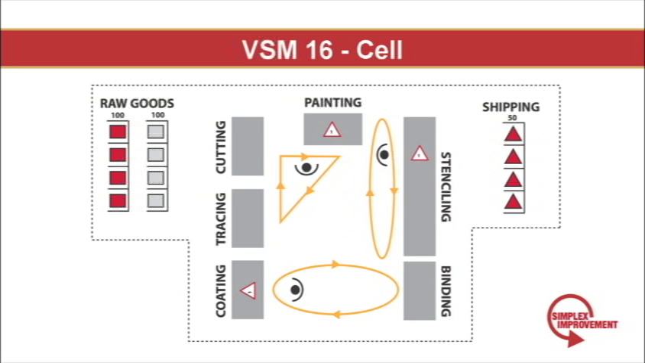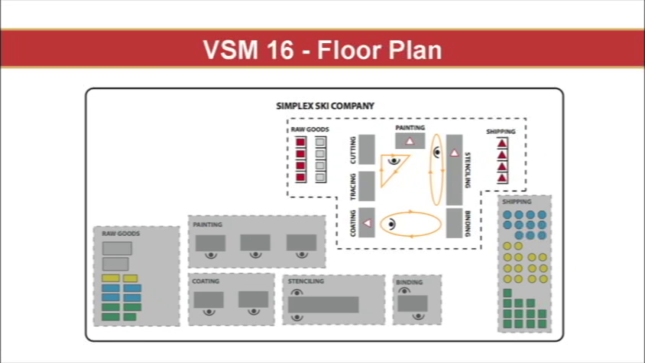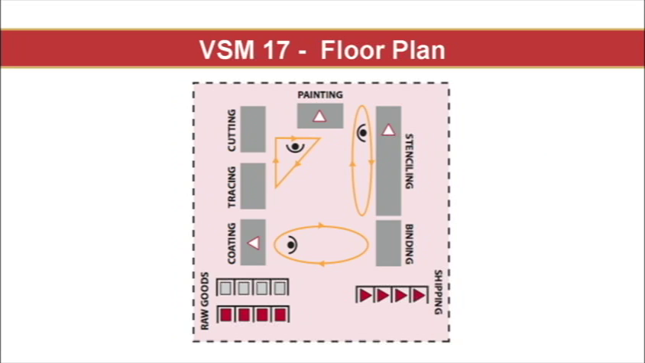Now, rebalancing takes some time to get used to because operators are not used to running other pieces of machinery. A 3-man cell means that operators have to run multiple stations. The operators adapt pretty quickly because Simplex Ski Company has well-documented standard work. So by value stream 17, the 3-man cell is proven out and the team is ready to implement this across